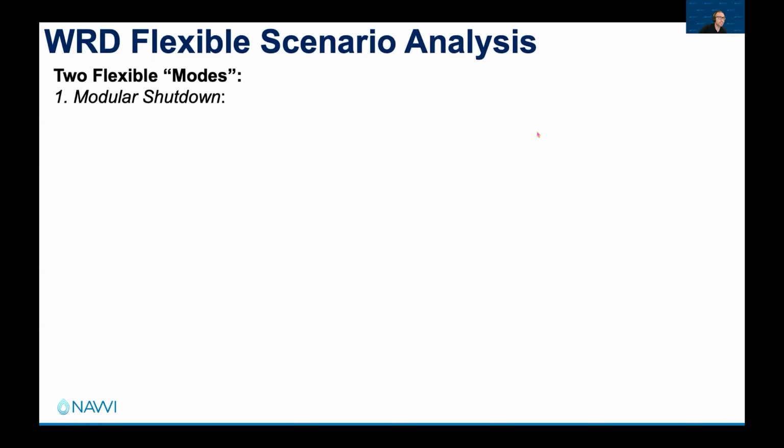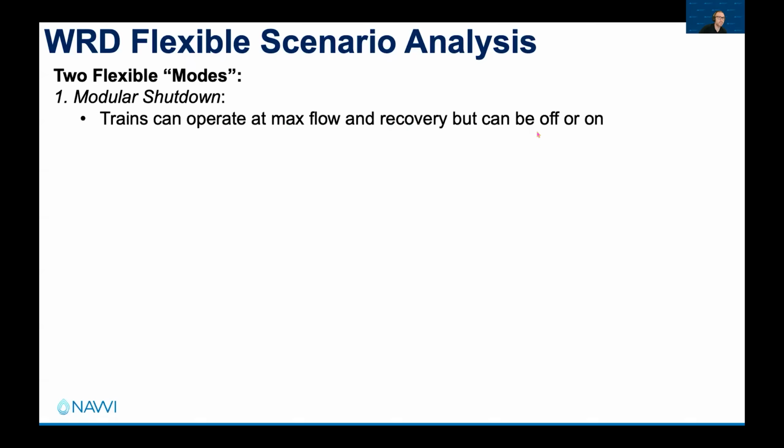The first is modular shutdown, and this is where we allow the trains to operate at their nominal max flow and recovery, but they can be turned off or on. In the model, and this is based on engaging with the WRD operators, they want to keep at least 2 of the RO trains on. So we say, okay, you can turn all but 2 of the trains off to reduce power consumption during peak